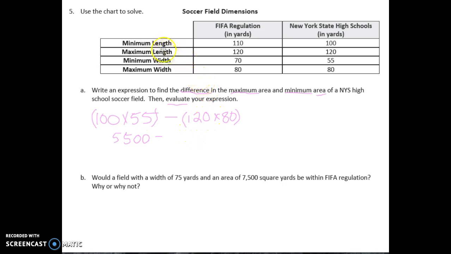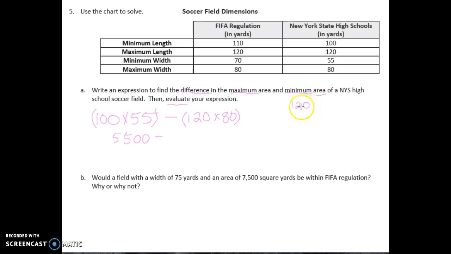Oh, actually, you know what? Here's the deal. This is the minimum, so it's going to come out smaller than the other one. So actually, we're going to have to reverse these when we find the difference. So this one, we're going to go 120 times 80. And we can just go, if we want to, 8 times 10, or 8 times 100, right? So if we have 120